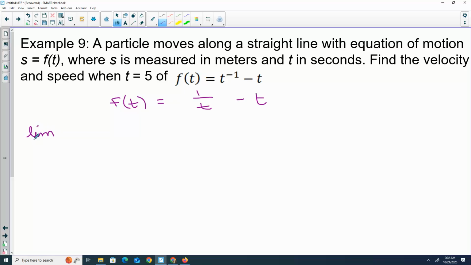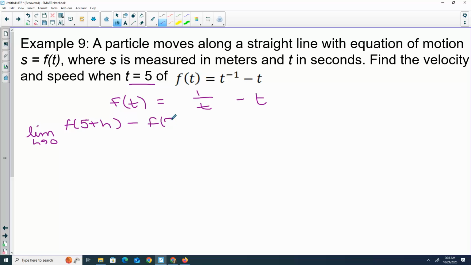If I'm doing this derivative, as h approaches 0, what is my a value here? 5. Now, do you have to plug it in here? No, you could do it in terms of a, and then once you get to the end, plug in the 5. And if this was an ABC question where maybe I was asking to find velocity after 5 seconds and after 4 seconds and after 3 seconds, I would definitely do it in terms of a's. If you only have to find it at one point, you're welcome to go ahead and plug it in at the beginning. So we have f of a plus h